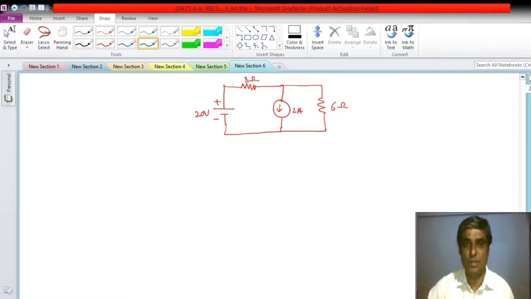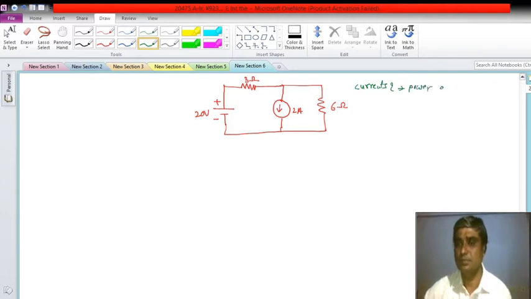Now the question is, let us define what the problem is: to find out all the currents and do the power audit, or check whether power balance is there or not by inserting one current source like this. If I observe that there is a current source, I'm very happy with it because I know the current in this branch. I don't have to do extra work to find out the current in this branch, right?